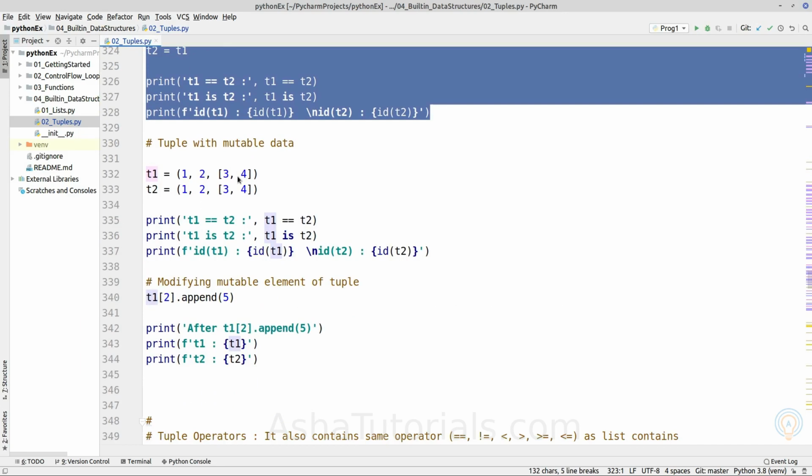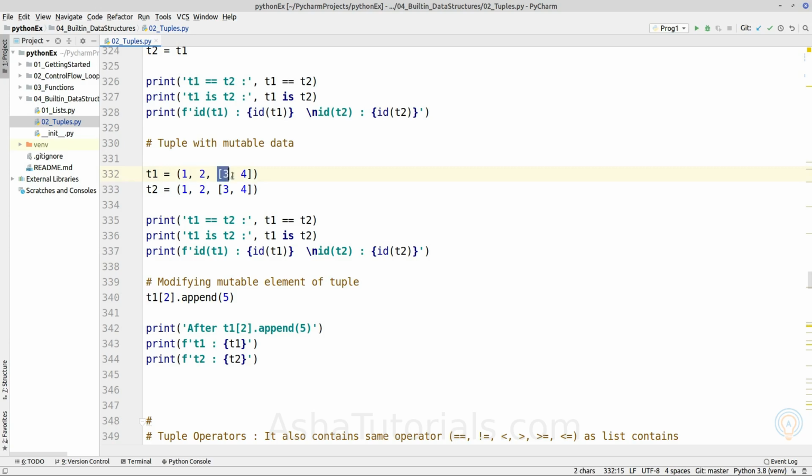Now let's construct with a mutable data type. As you can see here, the tuple object has two kinds of data types. The first two are immutable and the third one is a mutable data type. So this object is not hashable. If we use double equals, which means we are comparing the value, it will return true because they contain the same value.